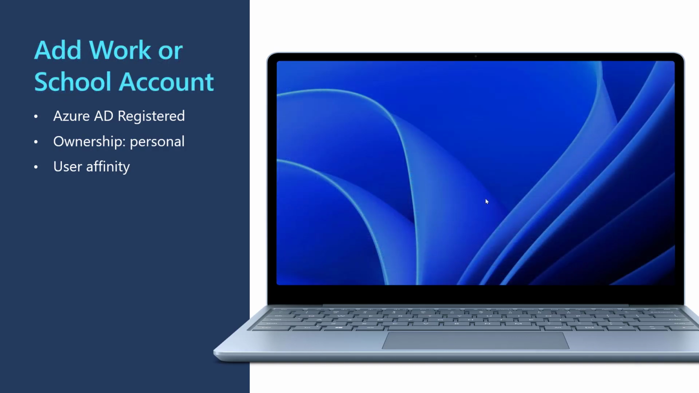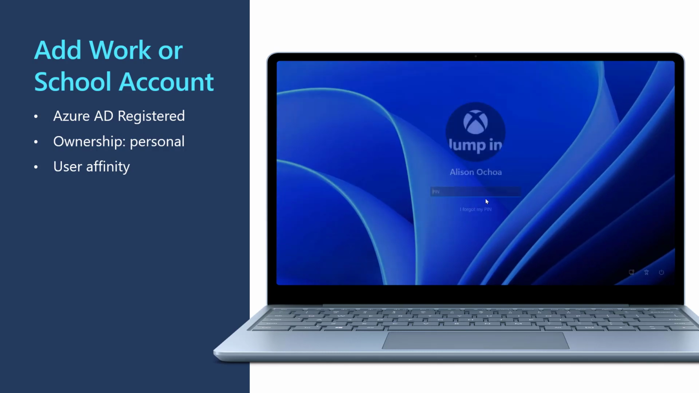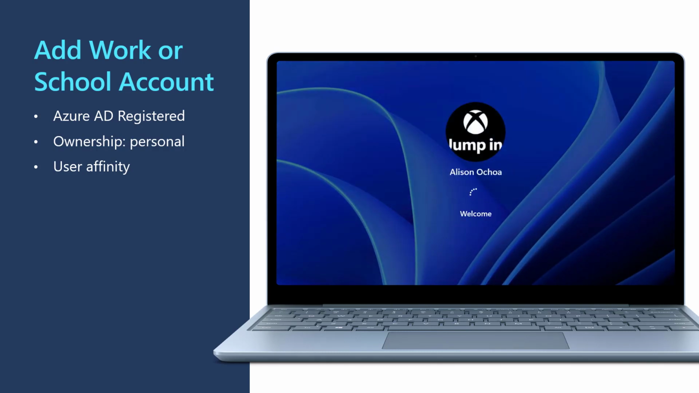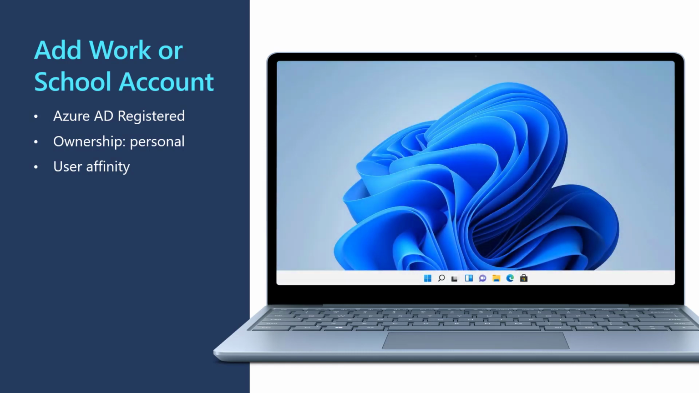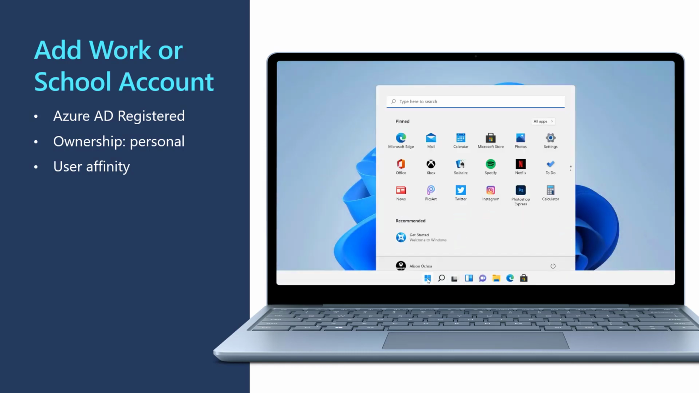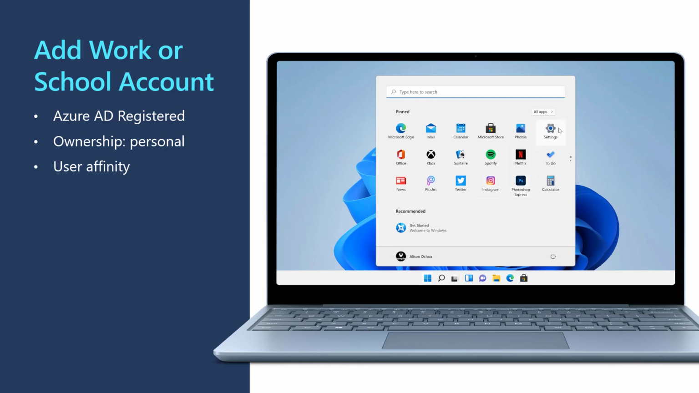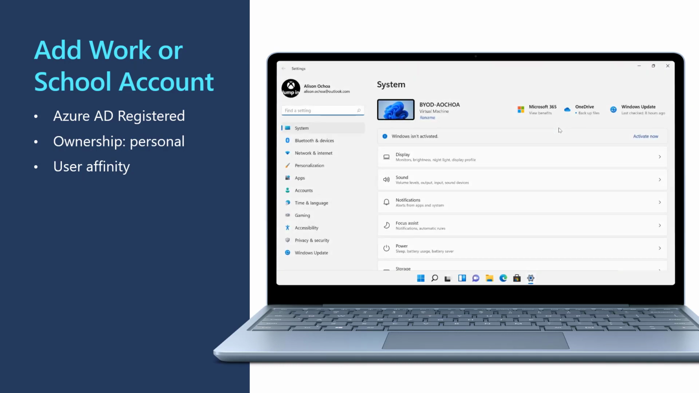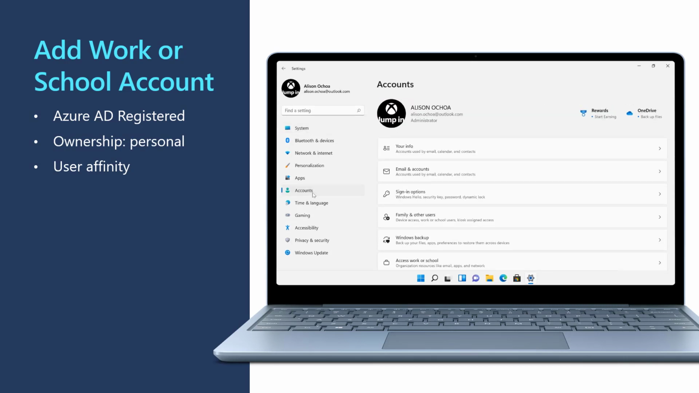Now, in this second walkthrough, we're going to look at the enrollment using Add Work or School Account. Alison again is signing into her device with her Microsoft account, but in this case she decides to open Settings. From here she selects Accounts, Access Work or School,